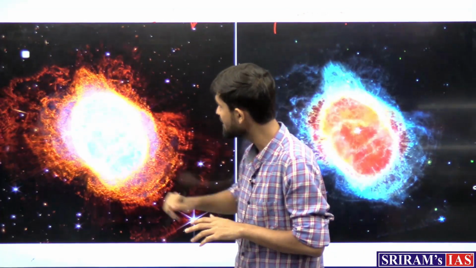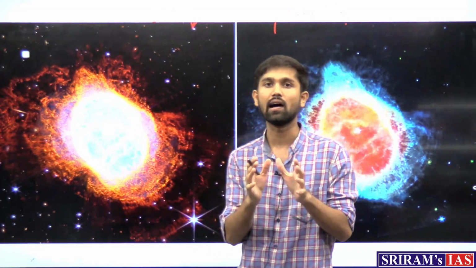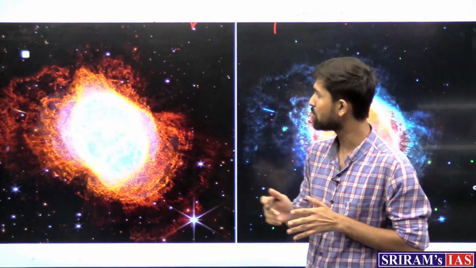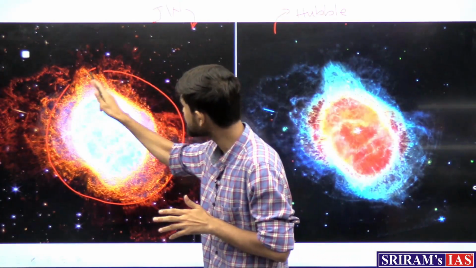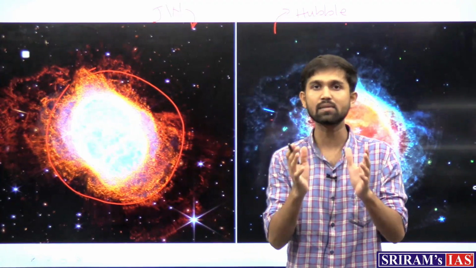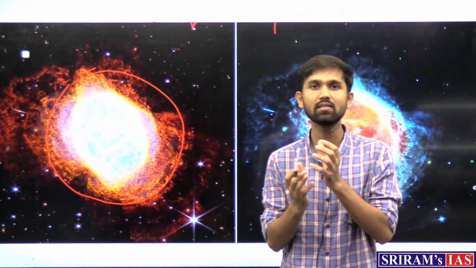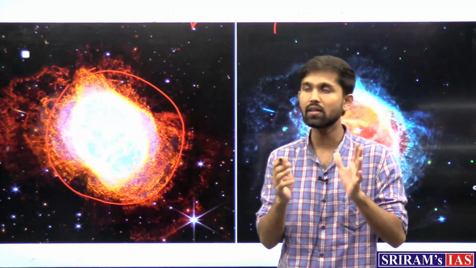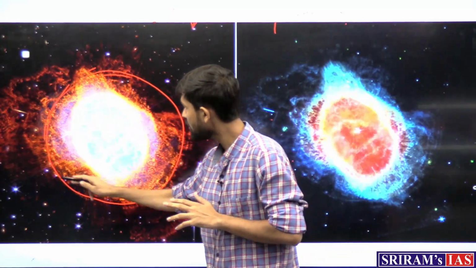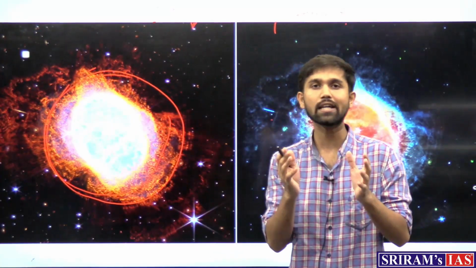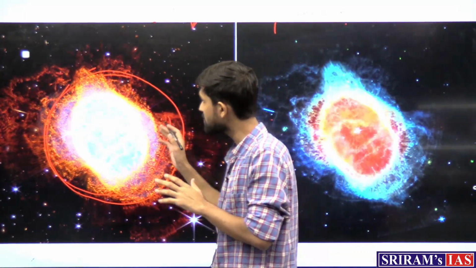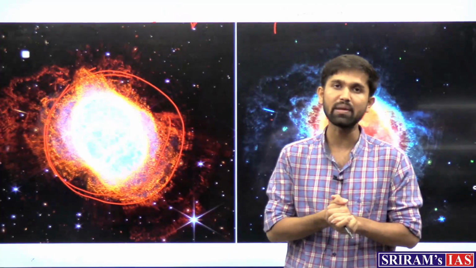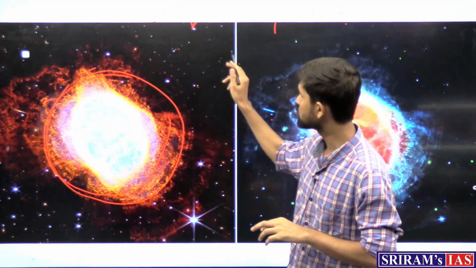Now what is this? This is basically a dying star. When we say the Southern Ring Nebula, this is a ring of gas and dust. When a star dies, it explodes, and all the material that the star contained is thrown out around it. So this is the dust and gas which, after the explosion of the star, is visible. This is the image captured of a dying star emanating dust and gas. This was the Southern